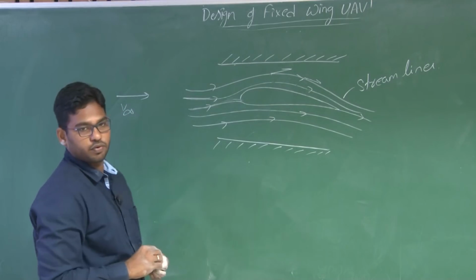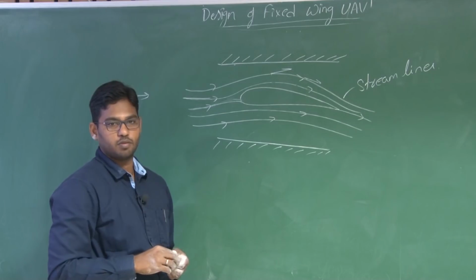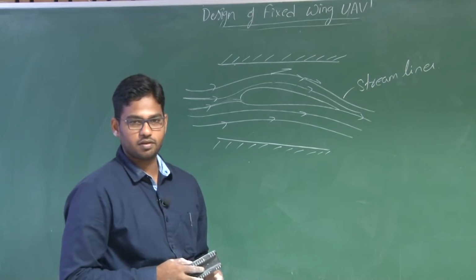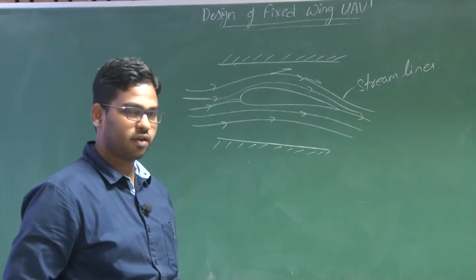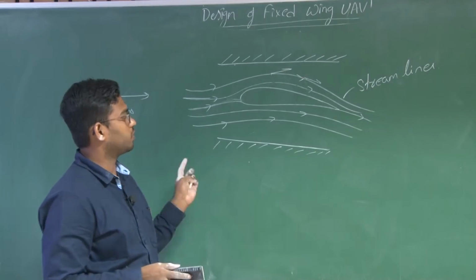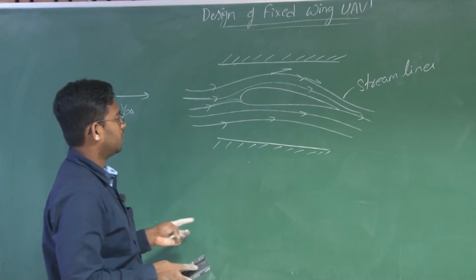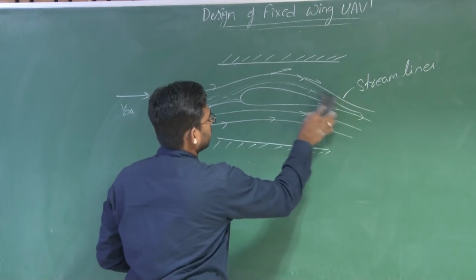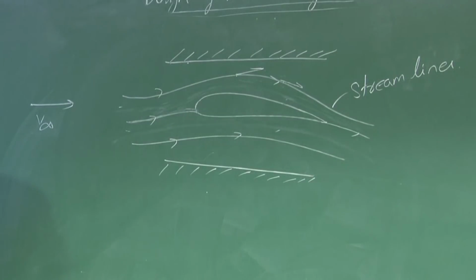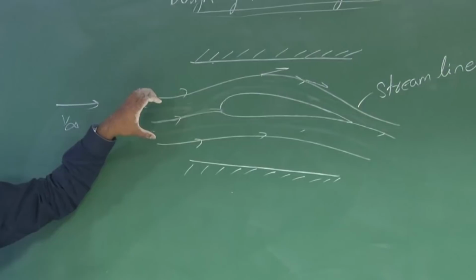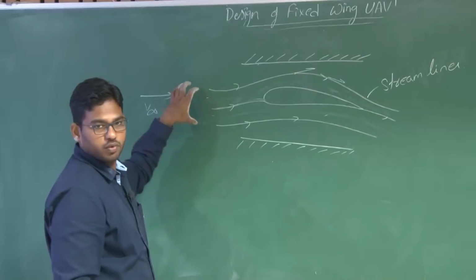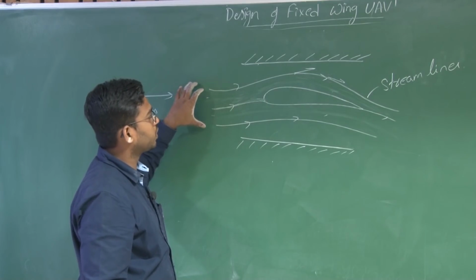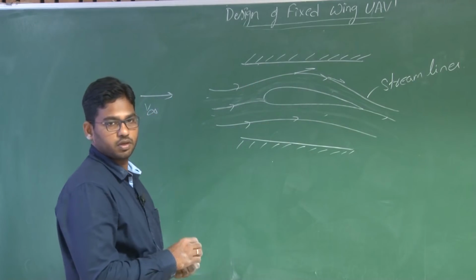Now what happens when there is a flow? We say there is a lift, but how is this lift generated? We should talk some philosophy here. Although there are many philosophies that talk about how lift is generated, there is one fundamental one that most people believe. We'll talk about that. Let us consider a bunch of such streamlines, called a stream tube, in which the flow actually happens.